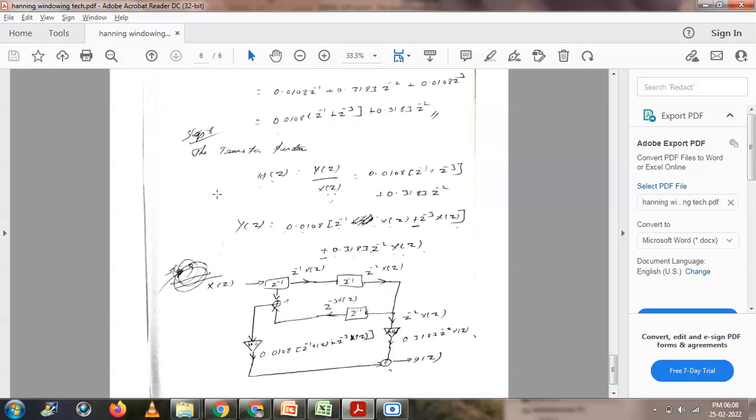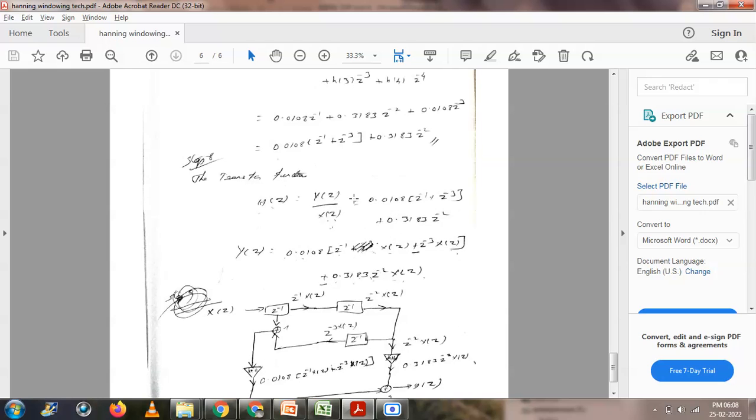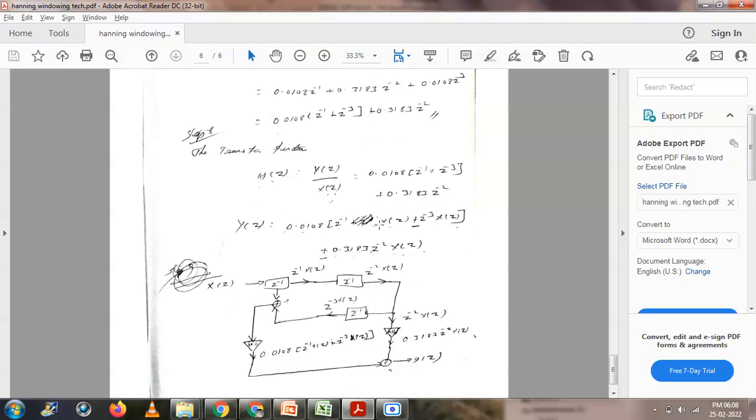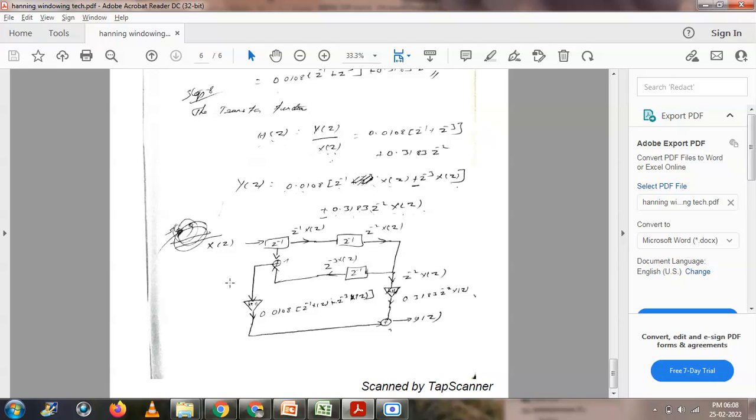And step 8, the transfer function h of z is equal to y of z by x of z. So we know what is y of z. So this is the first part is y of z, and then second part is they written here, this is y of z and x of z. So based on that we have to draw the diagram, direct form. The diagram will be, we have to write x of z, it started from z inverse x of z, then z inverse z minus 2 x of z, because you know that